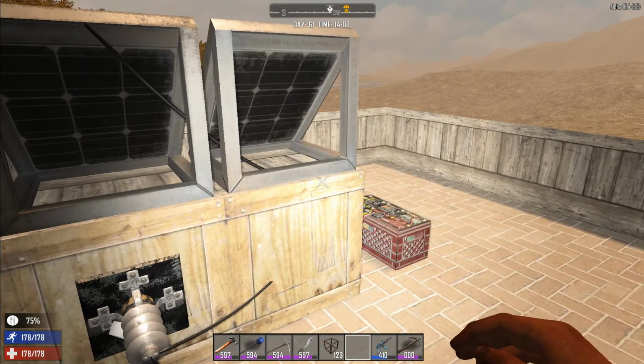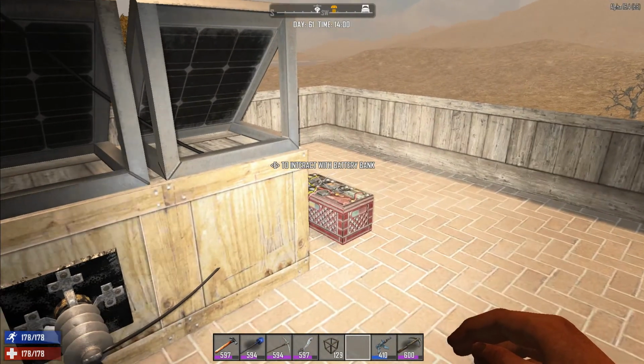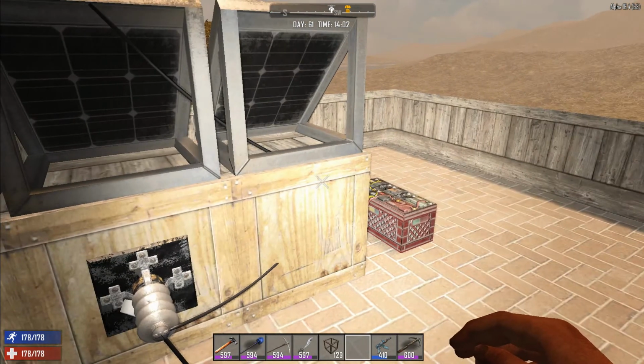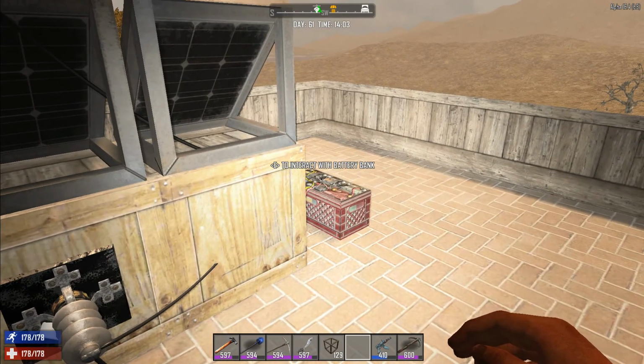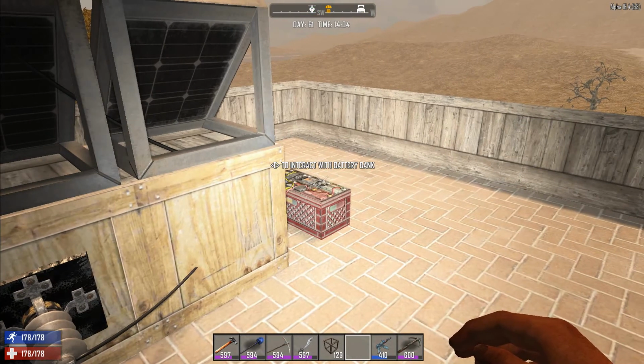Up top here we've got a solar bank and a battery bank, so that we don't have to worry about generators and generating any power for our spotlights or the lights in our mini bike room. That's the only electric that we're using at this point. You can put electric further down, but we haven't found a need for it at this point. This way we just don't have to use any torches up top, and it gives us a lot of peace